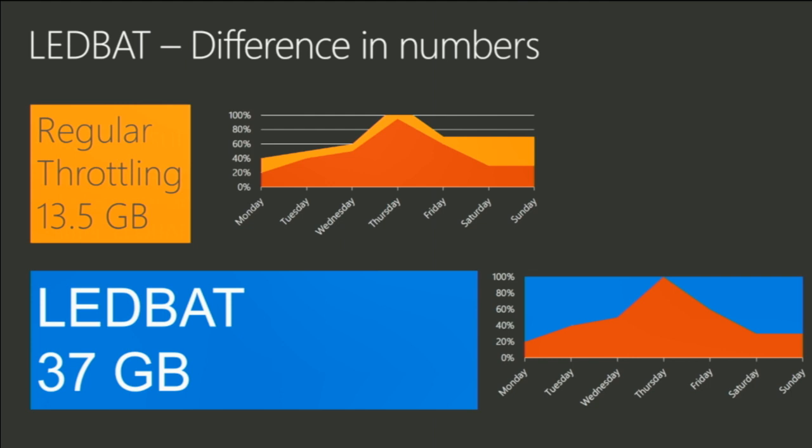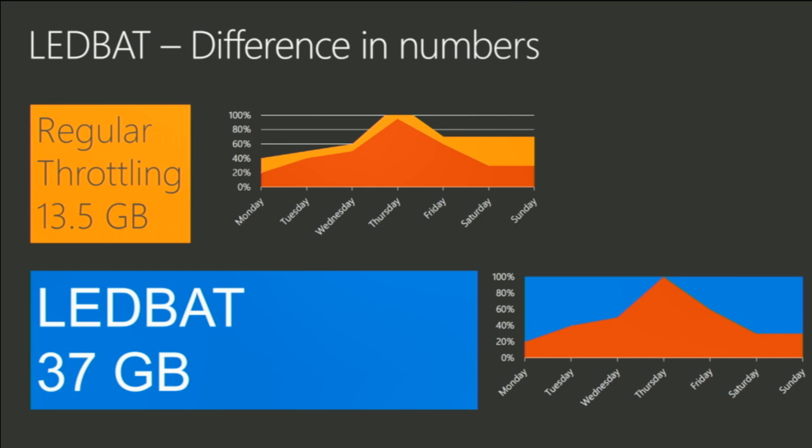If you use LEDBAT, you'll be able to get 37 gig across the same connection. Nice. LEDBAT wins. This will enormously help with Windows 10 larger payloads for some of these feature updates, to be able to get them out to distributed environments where the WAN link might not be good. So it's a pretty staggering increase of data.